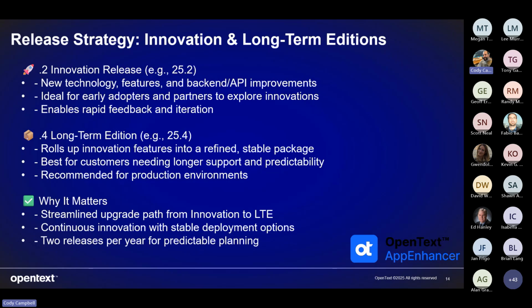but we're getting a lot out there. The long-term edition refines anything that maybe needed it because we're moving more swiftly, but also rolls all those features up into a more stable package that we can heavily test. And it's more testing on security, pen testing, the whole barrage of tests we do, which there are fewer of in the innovation release. And really the goal here is to free up bandwidth up front so that we can work on innovation and not build the same stuff both times.